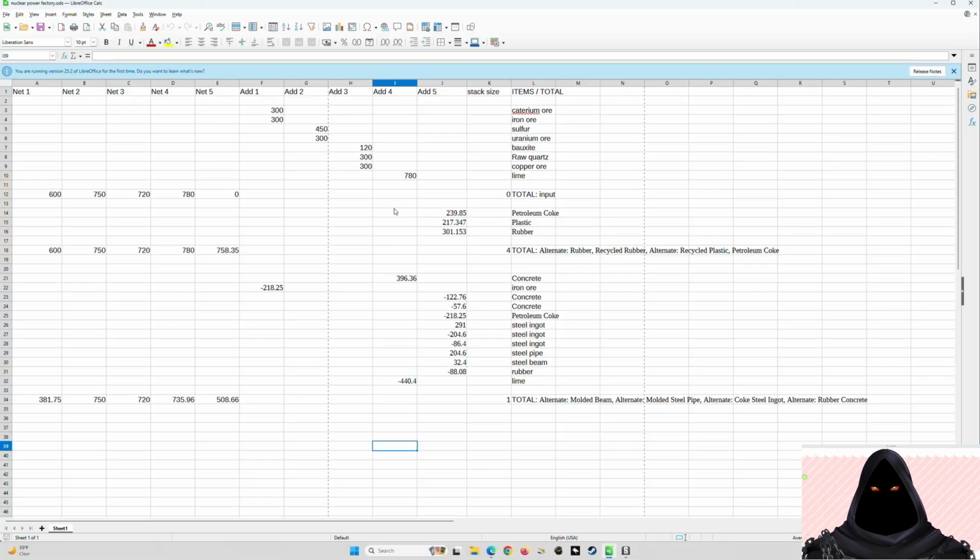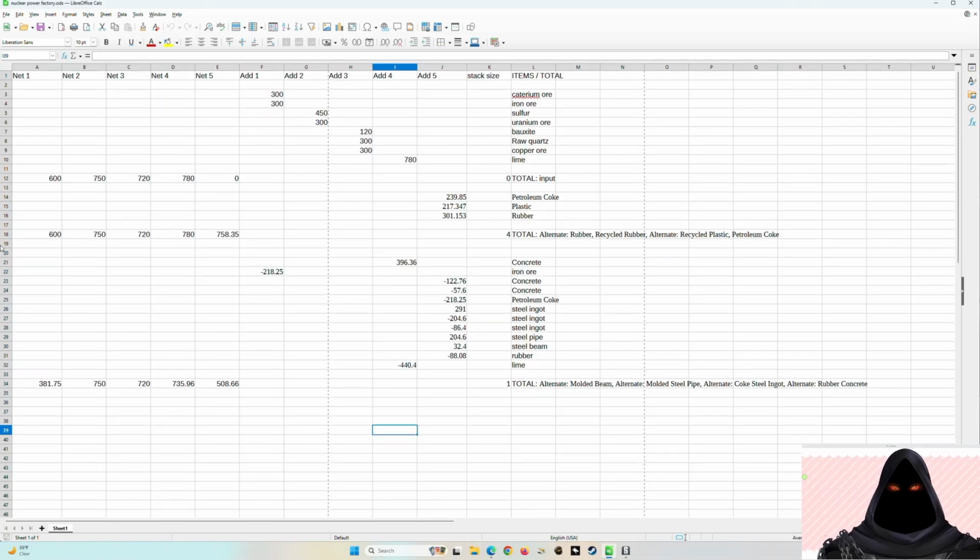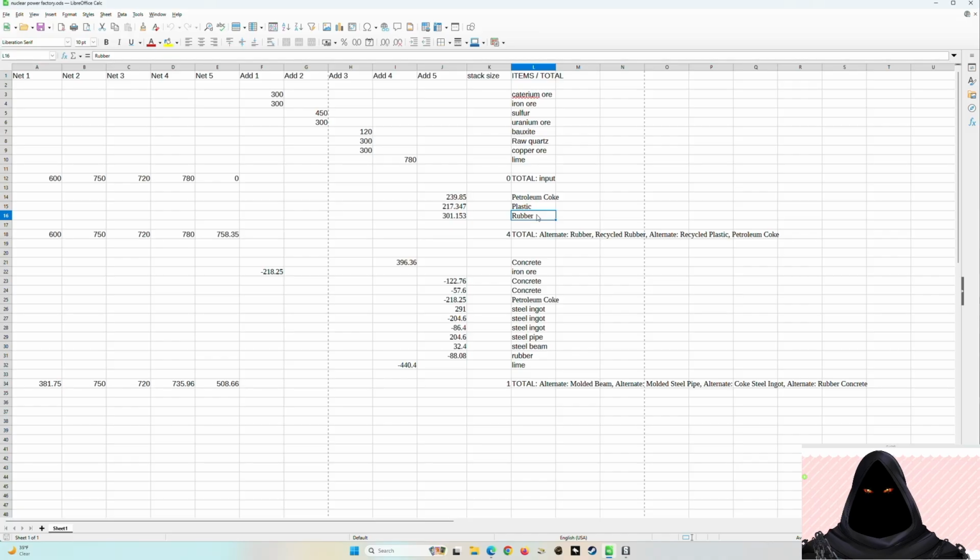there's not enough room on the sushi line, sorry, 4 sushi lines to do all of the manufacturing of parts as we go up the stack, because right off the bat you have petroleum coke, plastic, and rubber that are first generated on the stack. I believe this is the first factory stack, right above the particle accelerator, because there's a lot of blueprints